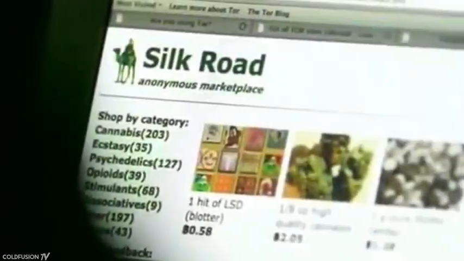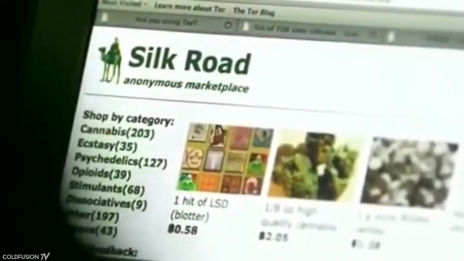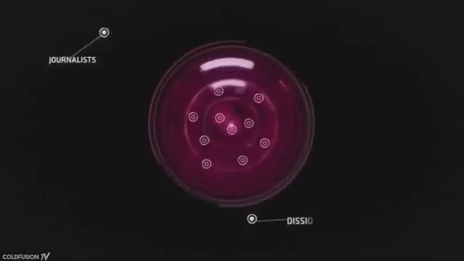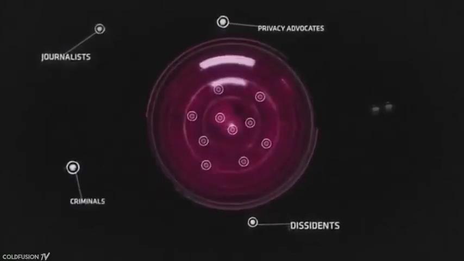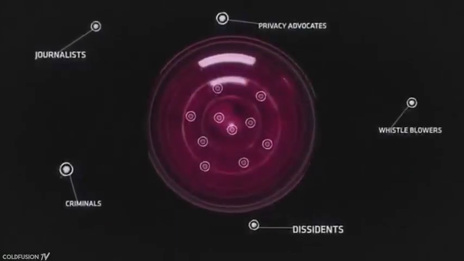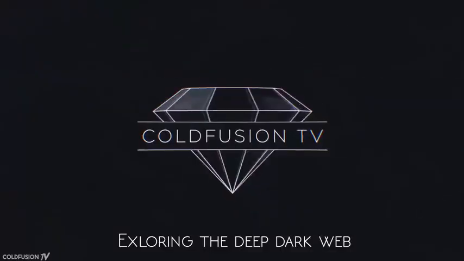People may also be familiar with Silk Road, or at least its history, the online marketplace where you could buy narcotics with absolute anonymity. But the dark web is part of something much bigger, the deep web, which makes up 90% of the entire web. Through our internet searches in our daily lives, we only see the tip of the iceberg. How did this all start? In this video, we'll take a look at both the deep web and the dark web.